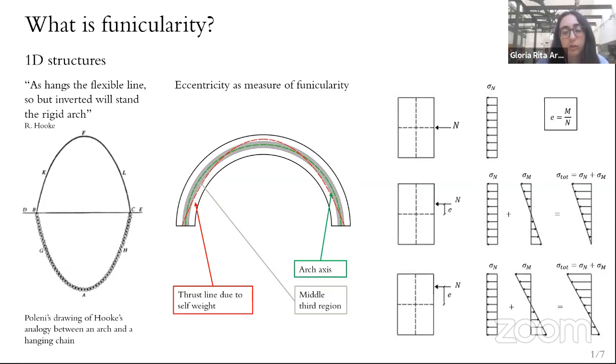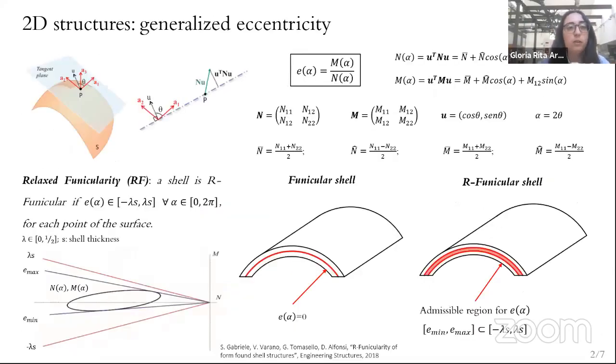When the shape of the structure is not funicular, it is possible to appreciate an eccentricity between the thrust line due to the external load considered and the axis of the structure. So this eccentricity causes bending moments inside of the structure, and this is the reason why it can be used as a measure of funicularity. It is possible to extend this concept of eccentricity to 2D structures, so in shell structures, and